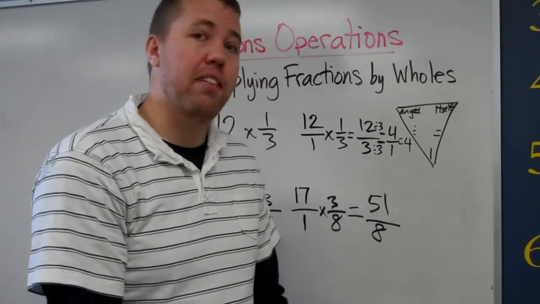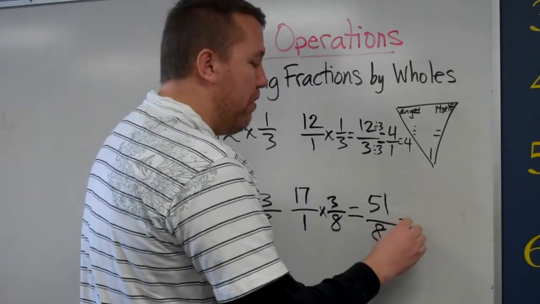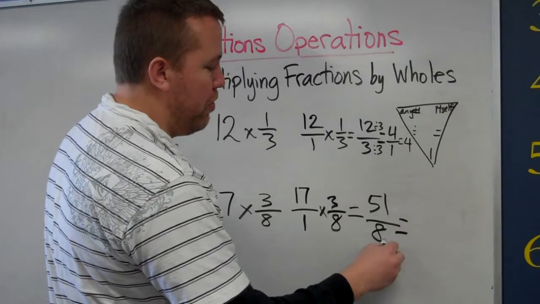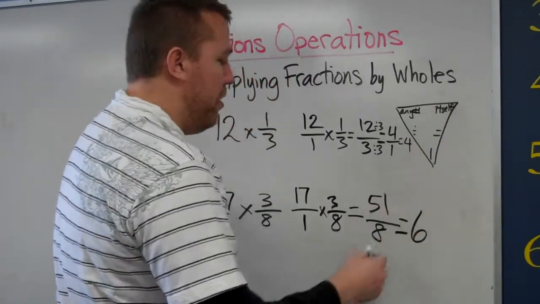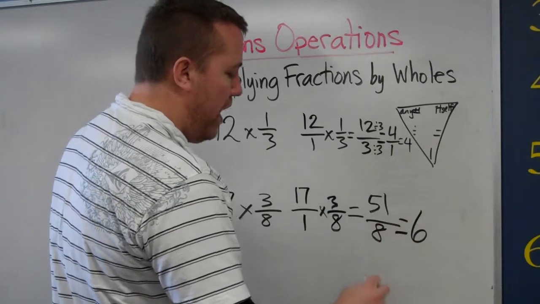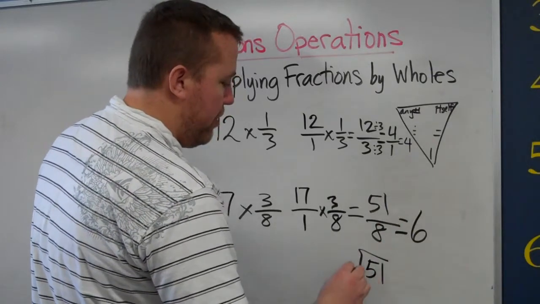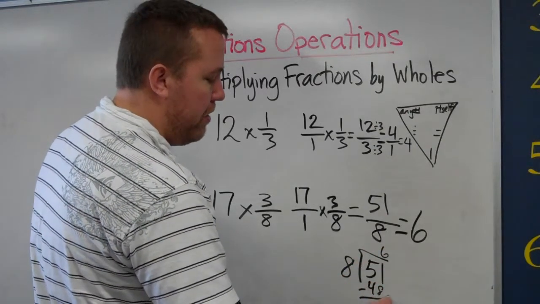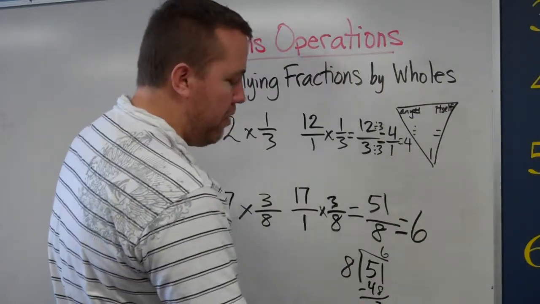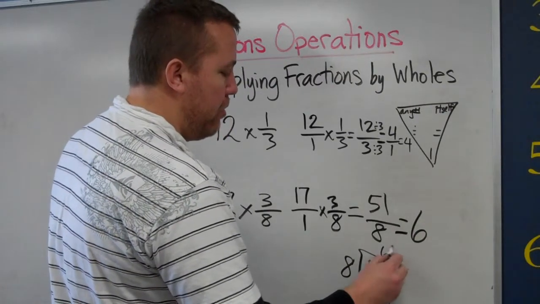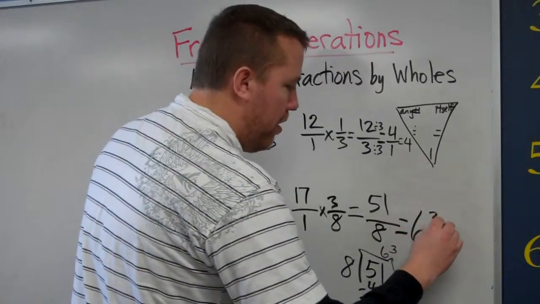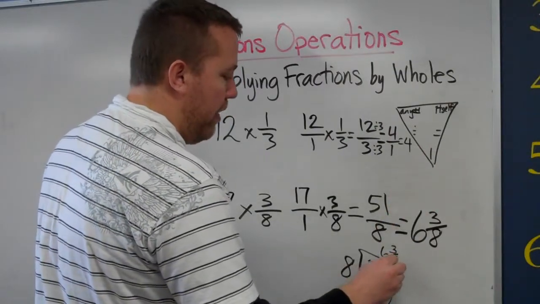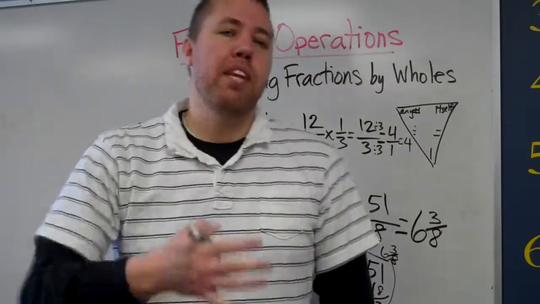How do we do that? When we have an improper fraction, we convert it to a mixed number. So, we divide. That just looks like a fancy division problem. So 8 goes into 51 6 whole times, and 6 times 8 is 48. Okay, what I'm doing right here is I'm just doing a division problem. 8 goes into 51 6 times. 8 times 6 is 48. We subtract those, get 3. So this remainder becomes our numerator. And that 8, the divisor, is still working. So it won't be 6 remainder 3 anymore. It's 6 and 3